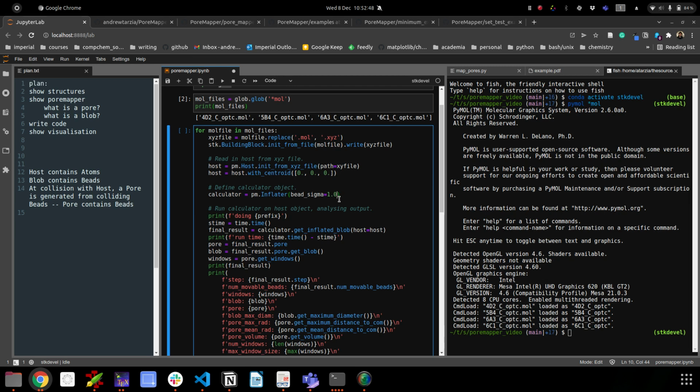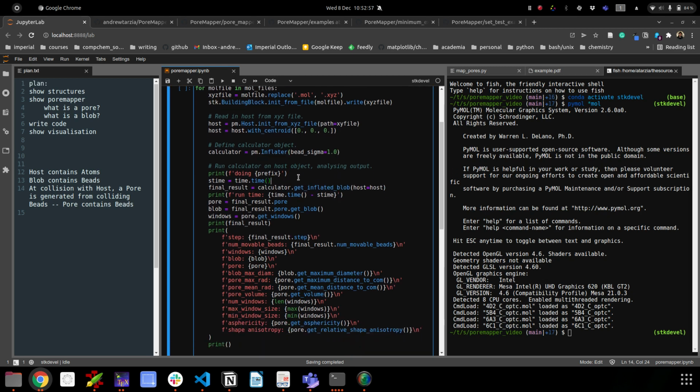However, PoreMapper is not designed to be physical. It's in itself very simple code for visualization. So let's use a value of 1.0, start timer, and we'll get the final result from calculator.get_inflated_blob, input the host, get the output time from the final result. So the calculator spits out a result class. The result class contains the pore. The pore contains the blob. And this is a weird way to think of it because you get the pore from the blob. But from a class design perspective, it's better if the pore actually contains the blob and you get that out there. You can also calculate the windows